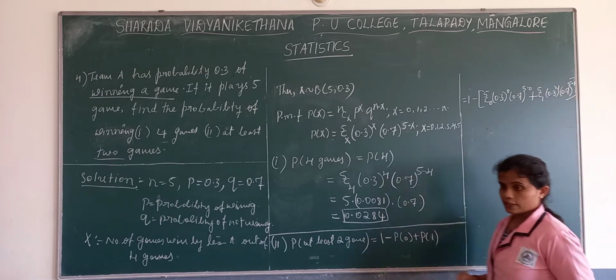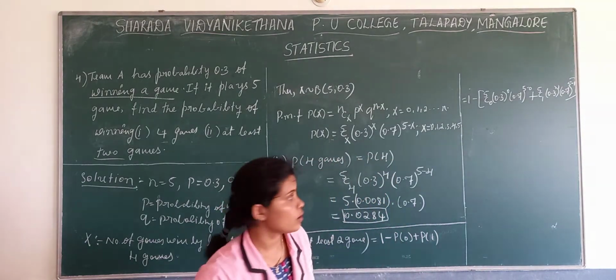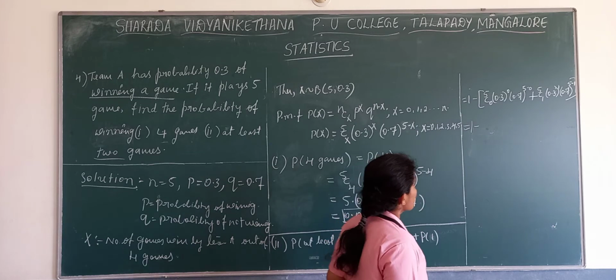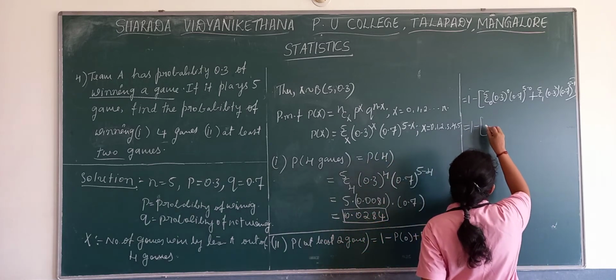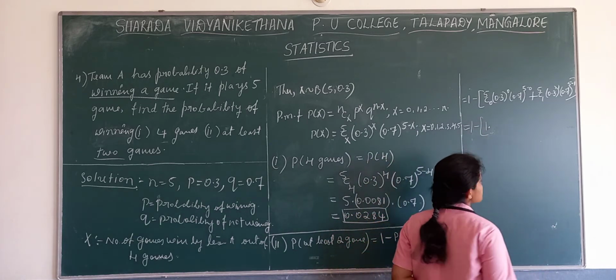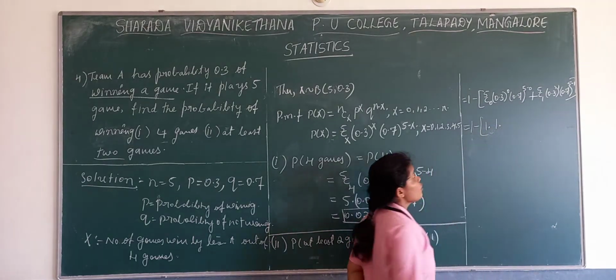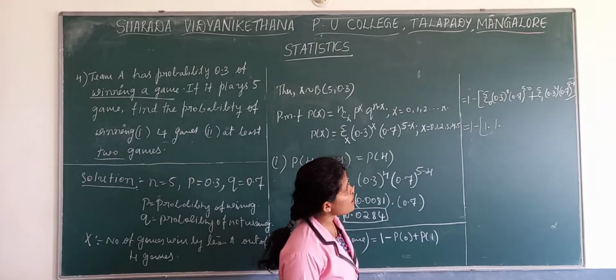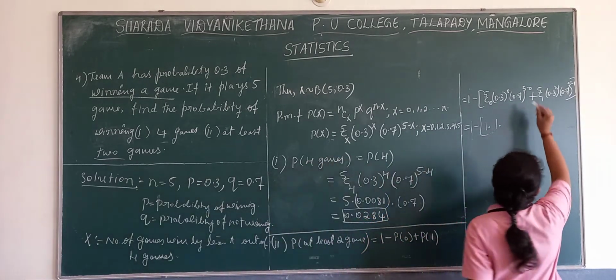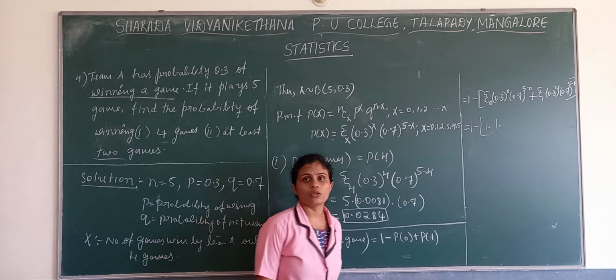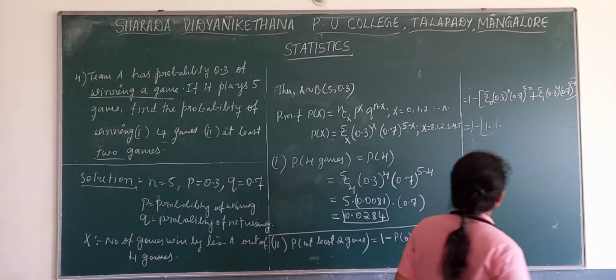Close the bracket. Next, 1 minus 5c0, value is 1, and 0.3 to the power 0, again anything to the power 0, value is 1. Now 0.7 to the power, what is it? It is 5 minus 0. So 0.7 to the power 5, you get there